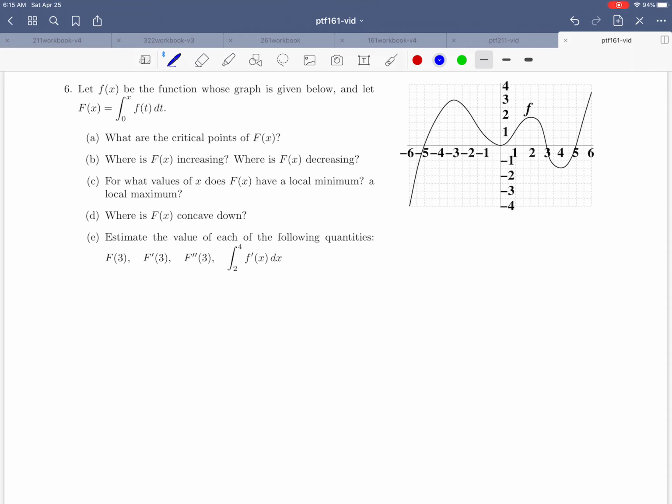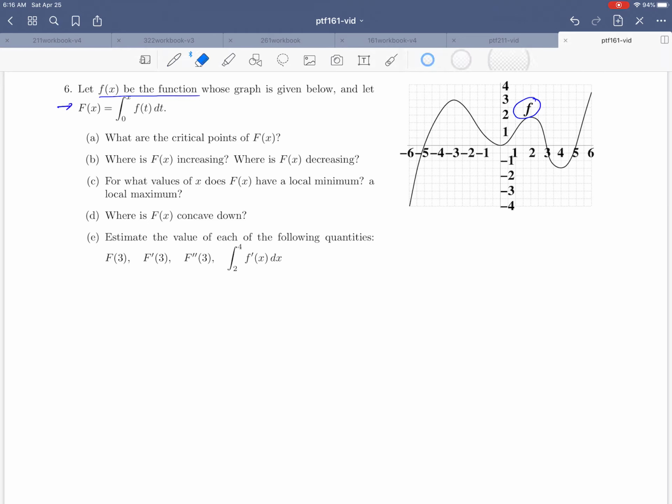And in this video, we're going to be working through just parts A through C of this rather long problem. Okay, and let's start by just reading the first part of the problem to get a feel for what it's asking. Okay, so they're giving us a function little f of x. That's the function that we're given in the graph over here to the right. And we're going to define a new function, capital F, to be the integral from 0 to x of little